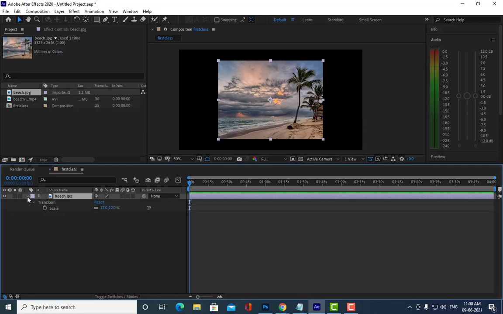So like this. If you want all the transform values to appear, you have to close and open like this. But if you want only a specific value, you can hit that specific value's command: P for position, S for scale, R for rotation, and T for opacity.